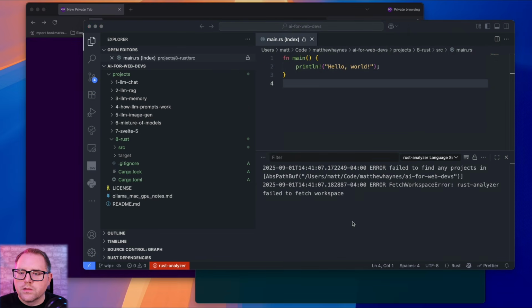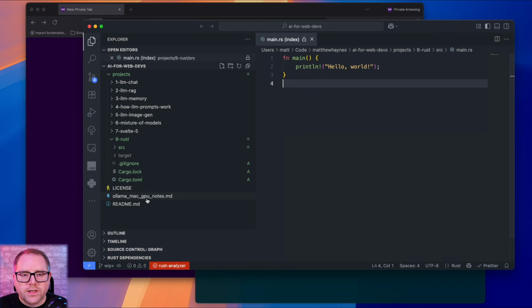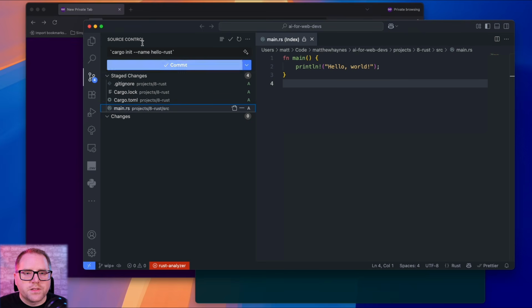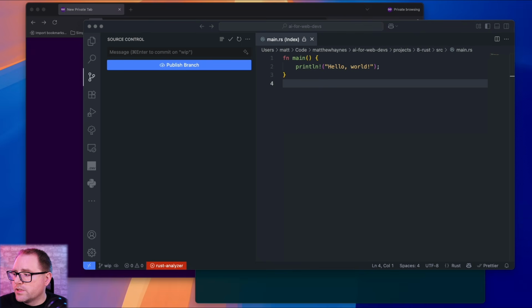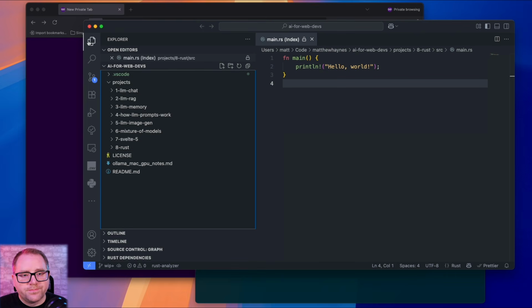So you can see here the VS Code plugin is failing because it's in a subdirectory, and that's atypical. So let's go ahead and add some VS Code settings. First things first, let's go ahead and commit this just so we can have the diffs. Ta-da. Normally you would not need to do this if you had your project in the top level.